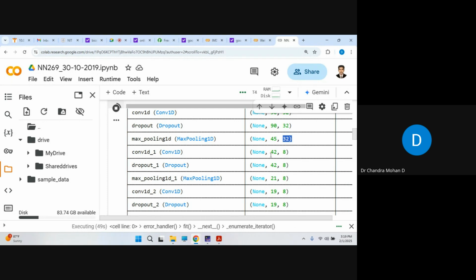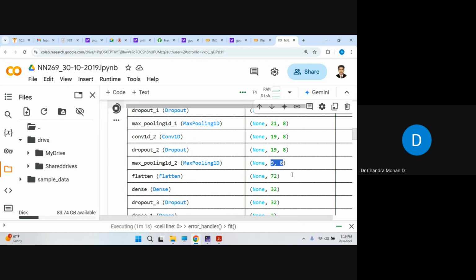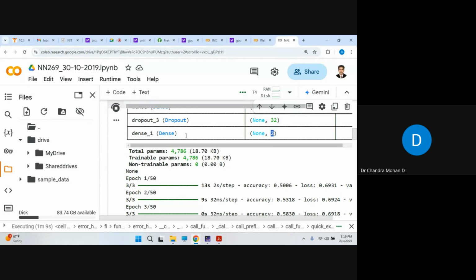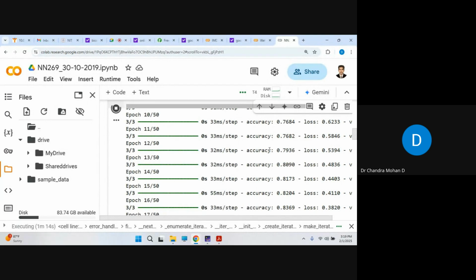Next, after the second convolution, 9 becomes 3. Next, after max pooling, it will become 1. After another convolution, it will become. After max pooling, in total 72 values it will generate. 32 dense layers we gave. Finally, we send to one particular dense layer. So if you see the result,